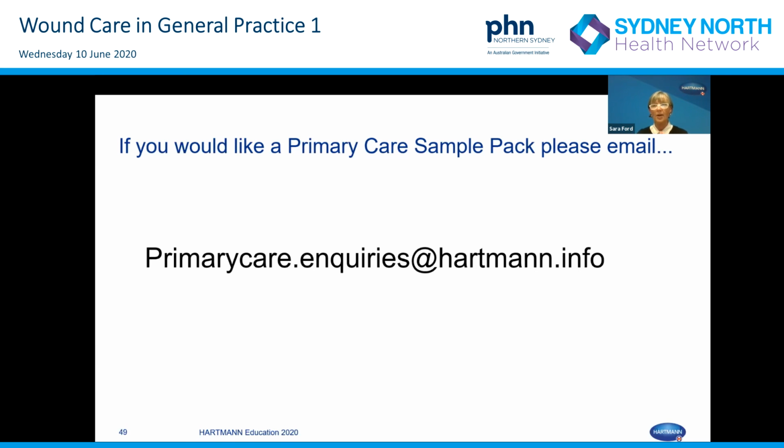So hyperkeratosis, that crusty, dried appearance around the edge of that wound, which you need to get rid of by either picking away at it gradually and softening it with a moisturiser and washing the surrounding skin very well. In coming webinars, I will be talking about wound hygiene, and this is a new concept that's been recently talked